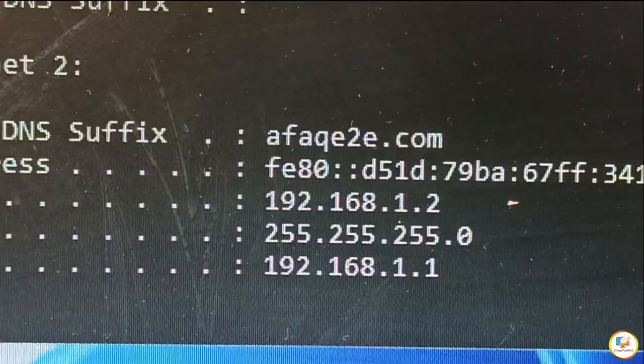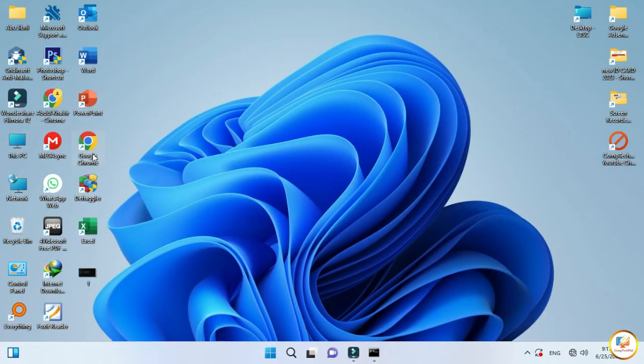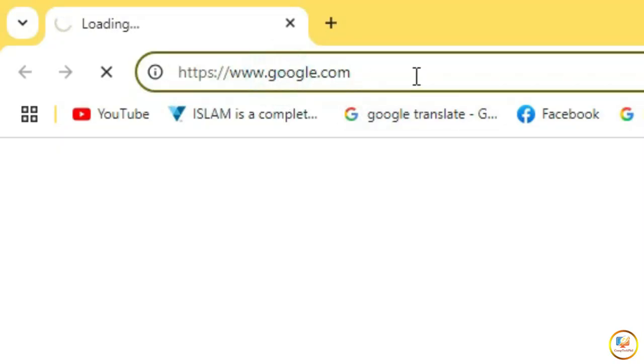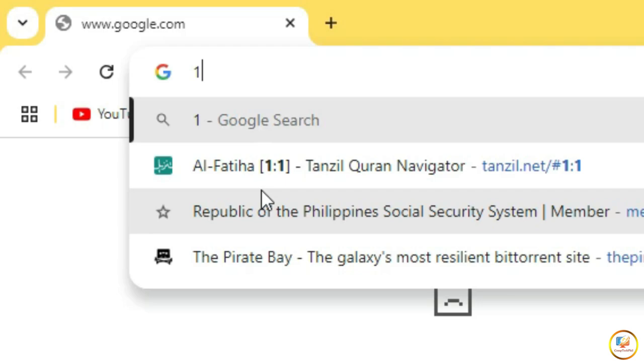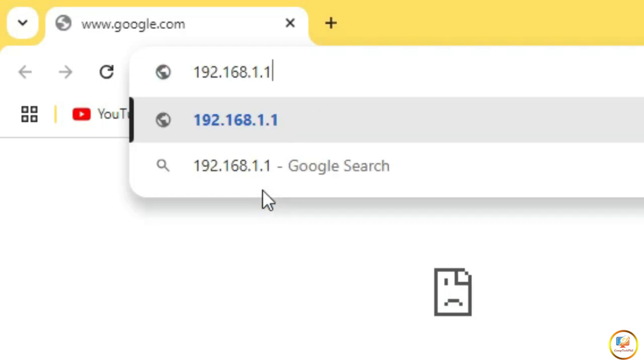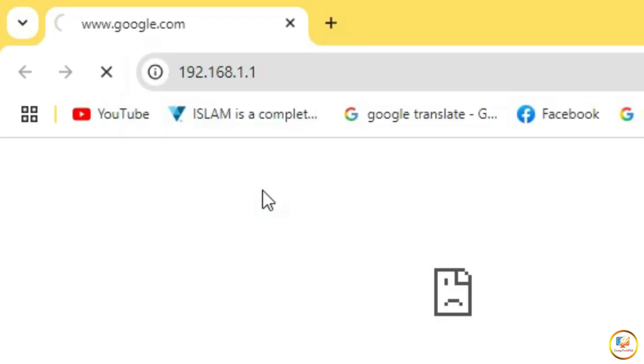What we need to do now is open your browser, Internet Explorer, or in my case Google Chrome. Now type here in the search bar 192.168.1.1, then press enter.